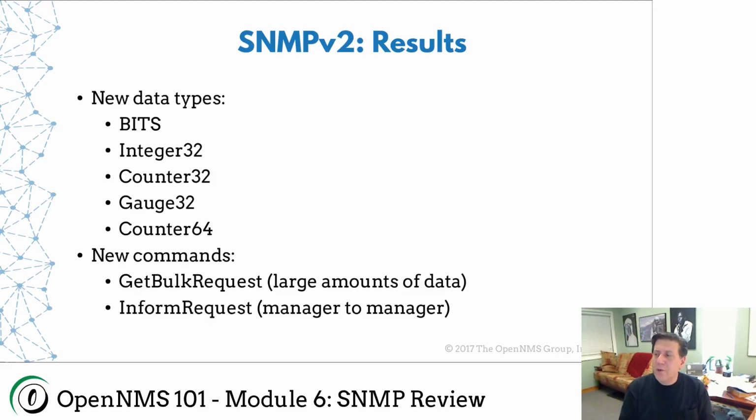2 to the 32 is a large number. 2 to the 64 is an incomprehensibly huge number. It's one of those